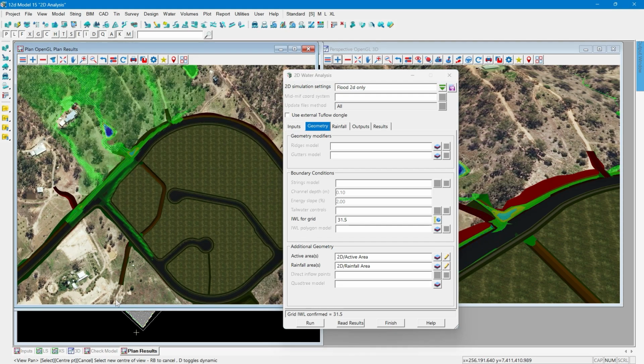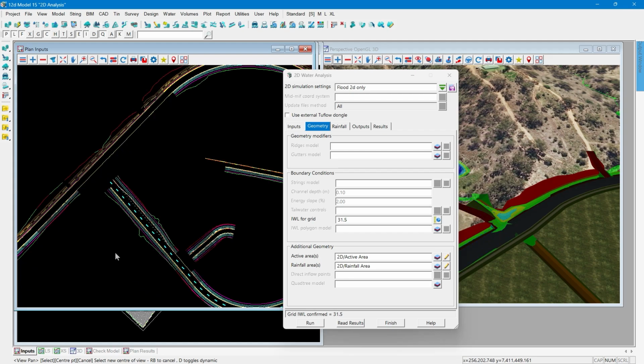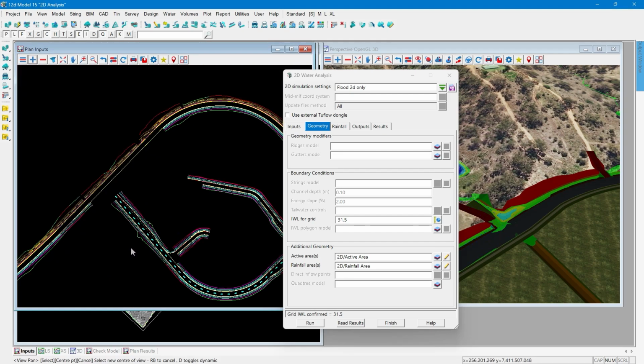And when it comes to the basins, we don't have a lot of action happening in this top eastern basin. There's not a lot of water entering it, so it's contained within the storage. What if I wanted to set some initial water levels? Those basins are not empty to start off with. They're starting off with some standing water inside them. So again, if I go back to the inputs view and I add on a model called initial water level,